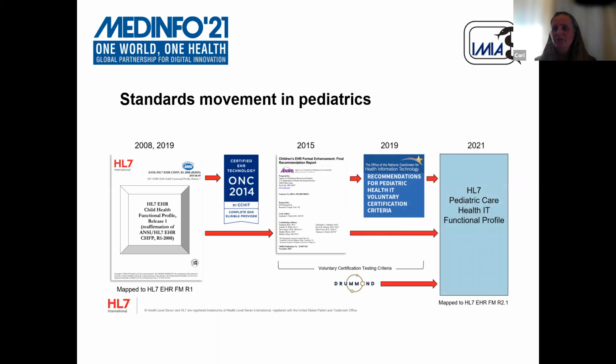Another key factor has been the formal standards work towards child-specific functionality in electronic health records. In 2008, the HL7 Child Health Work Group's work led to the publication of the EHR Child Health Functional Profile Release 1. This body of work was leveraged for the Certification Commission for Health Information Technology Pediatric Certification Pathway. At least 50 EHR vendors were certified, and the work was promoted for inclusion in the US Meaningful Use certification